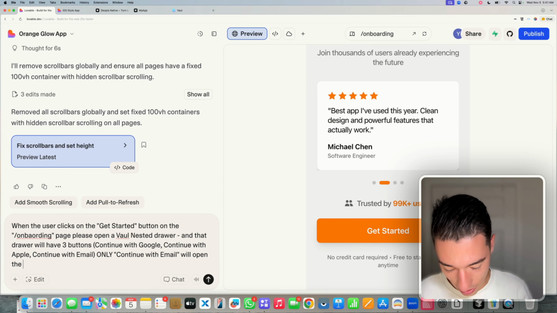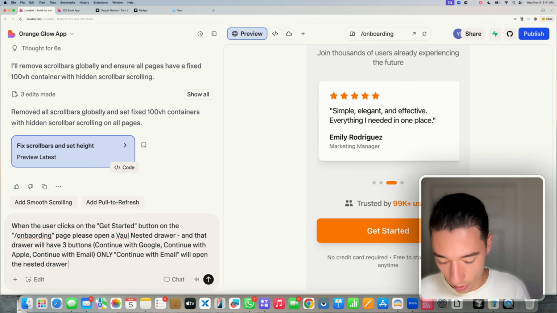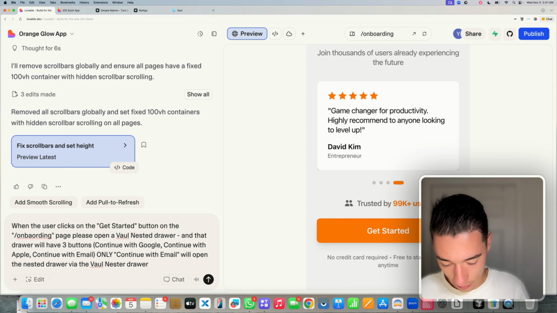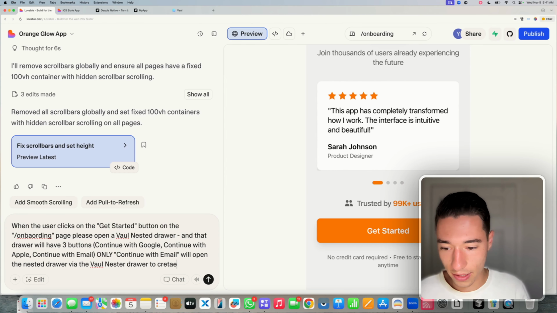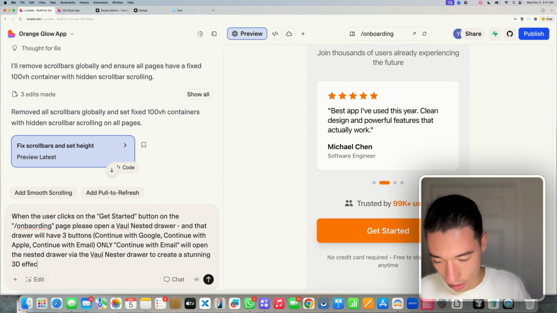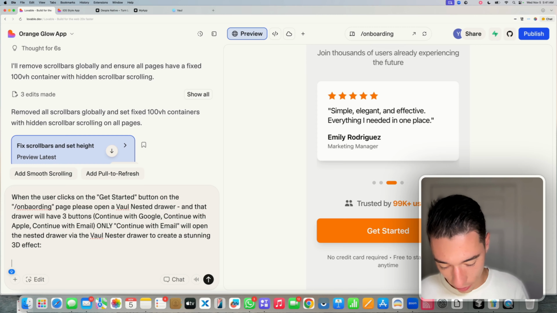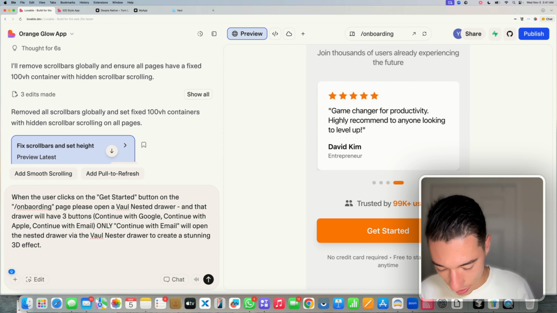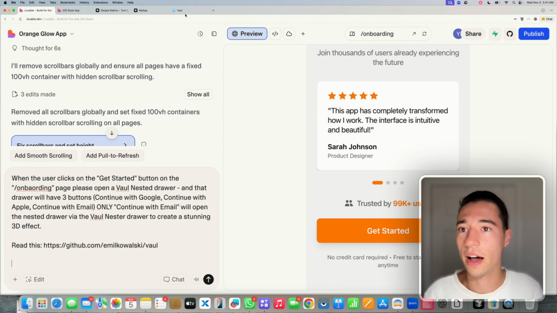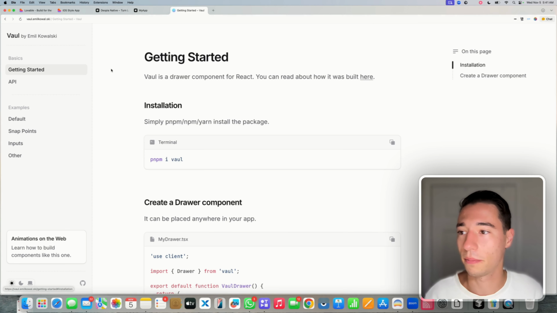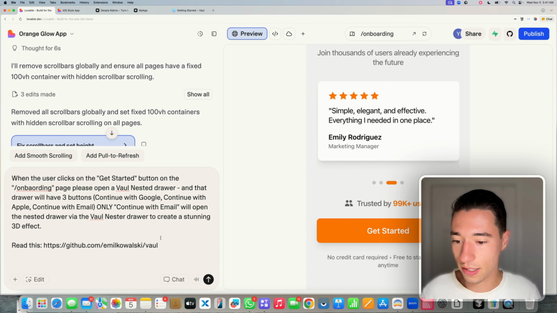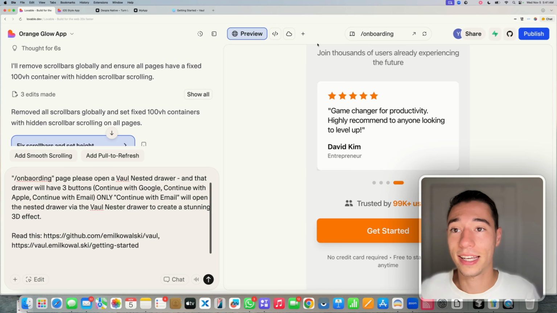will open the nested drawer via the Vaul nested drawer to create a stunning 3D effect. Okay? And then I'm going to give it some links here. So let's say, read this. And then because Vaul doesn't have a good README, we need to look at their documentation here. So let's scrape the documentation page, read this, and this, and now I'm going to get a code example for